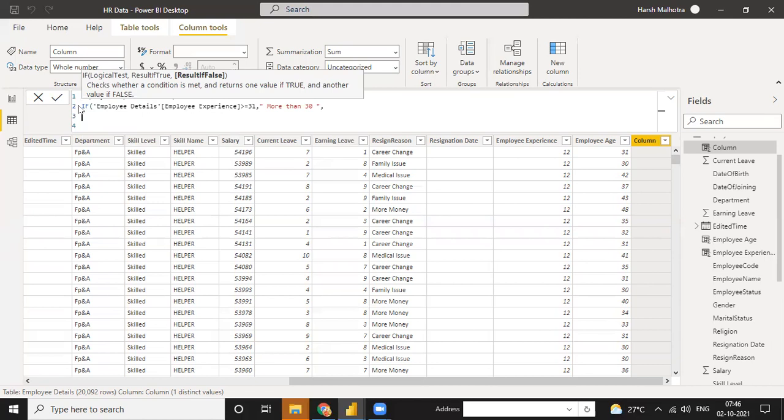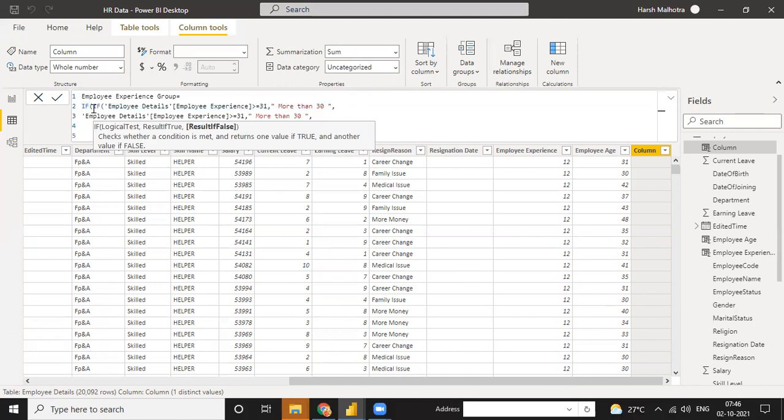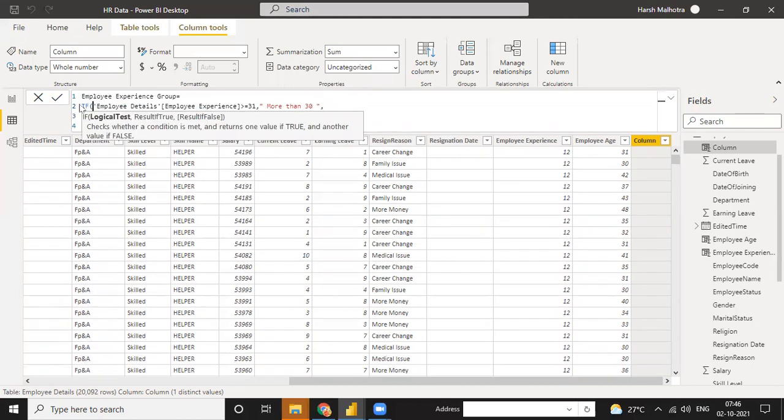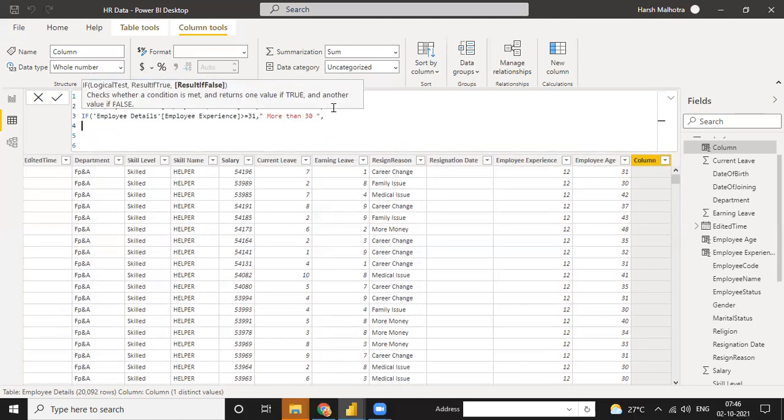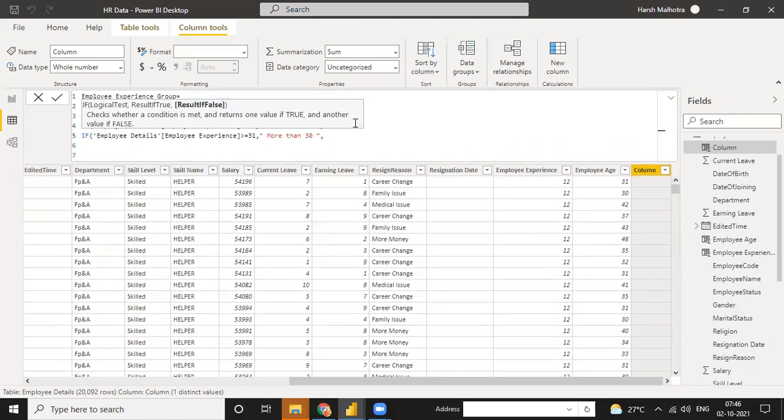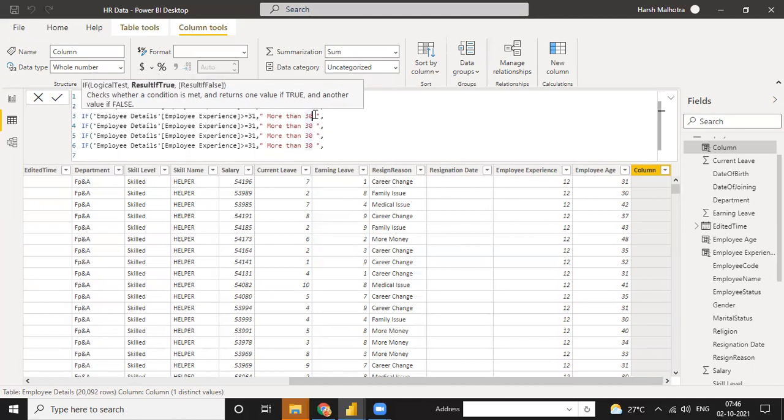But if you have a condition of 1, 2, 3, or 4, you can just copy this function and paste it. Just copy till the IF and just Shift Enter, paste it, Shift Enter, paste. Okay, one more time, because I have a total of 5 conditions in my mind. See, first is greater than 31. It means the value will be above 31 or equal to 31. Then we need more than 30.